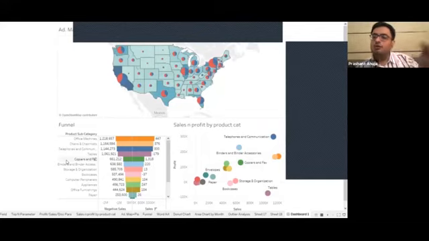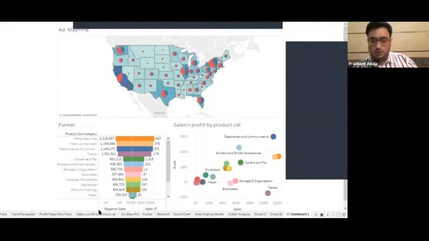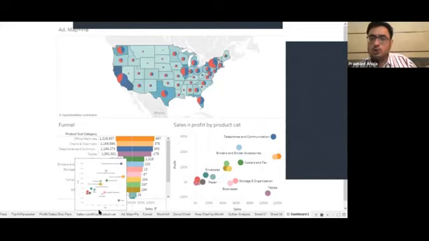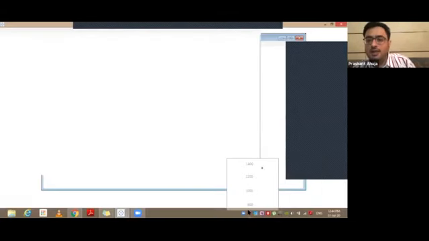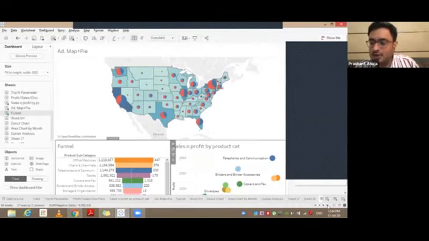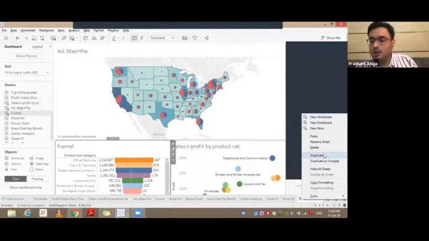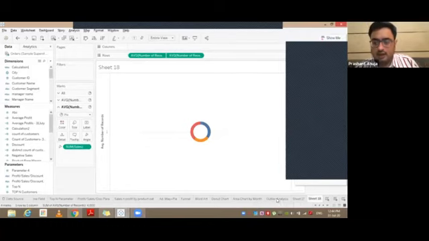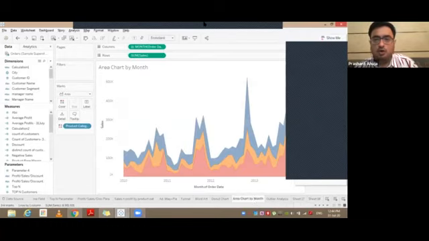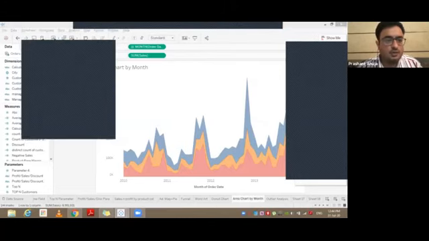The dashboard is the aggregation of all the worksheets which we have created. And when I say worksheet, it is the charts which we have been creating in the last 1 hour. One worksheet usually creates one chart, and one dashboard is a combination of all the charts created. So that's a small mini information on dashboards. I'm not getting into details because otherwise the session tomorrow would not be very useful for all of you. So I hope this answers your question and gives you a quick flavor of what a dashboard is.